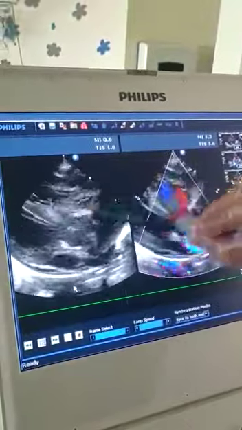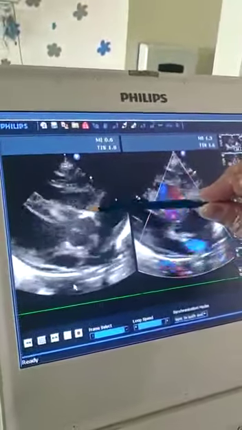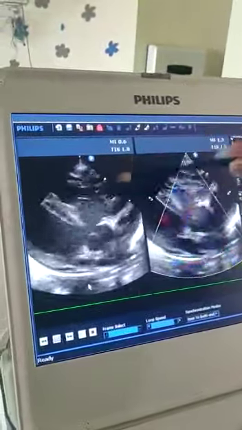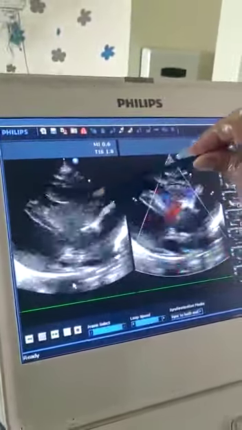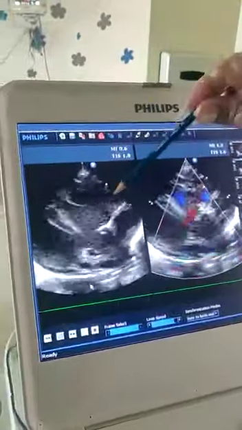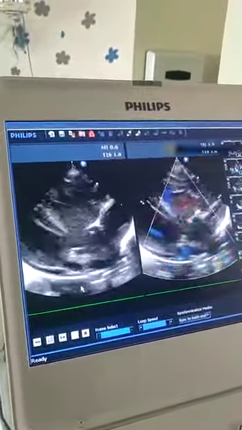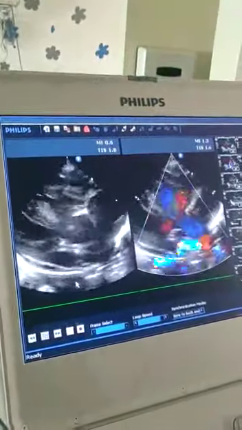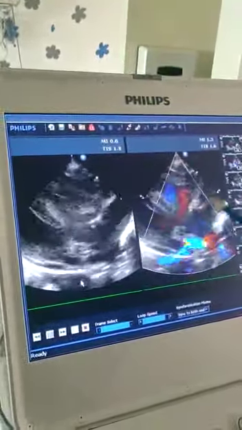to the right ventricle. So that means 50% of the aortic valve is related to the left ventricle, and another 50% is related to the right ventricle. This is called overriding of the aorta, and it is the reason for cyanosis in the neonate, because the flow from the right ventricle enters into the aorta also. There is admixture of pure and impure blood.